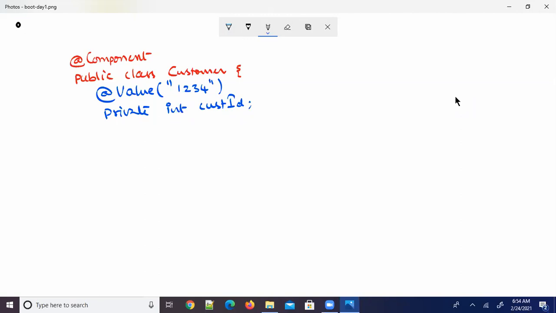First, I would like to explain this annotation which I'm writing here. So, for example, at value name, it doesn't matter, XYZ. It's a string name.